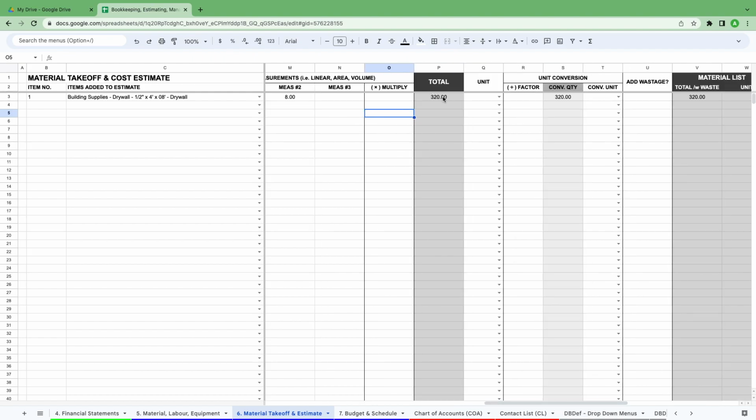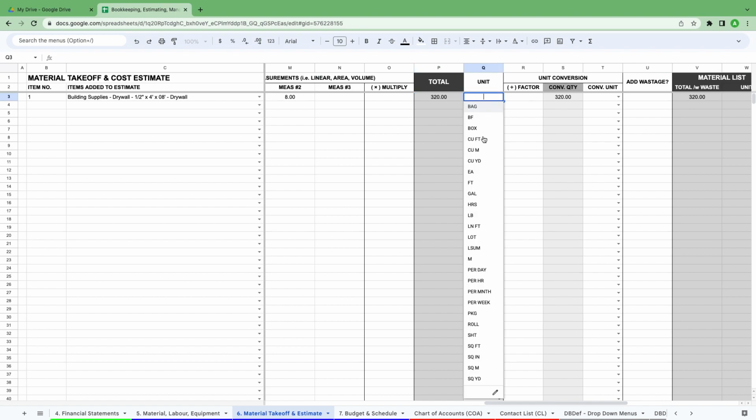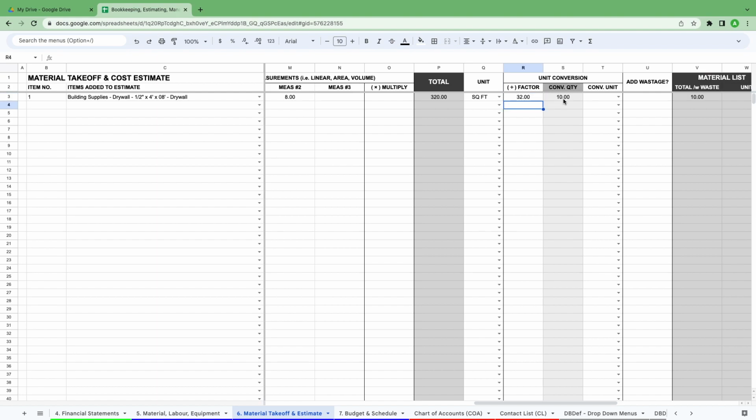Now we're going to add our total unit. In this case, it's square footage. So we're going to add that here, square feet. So 320 square feet. The conversion factor is for the material that we want to convert. So in this case, each sheet of drywall is equal to 4 feet times 8, which is 32. So that means that